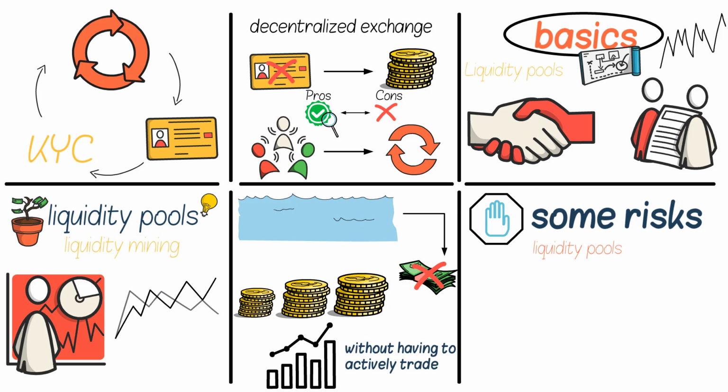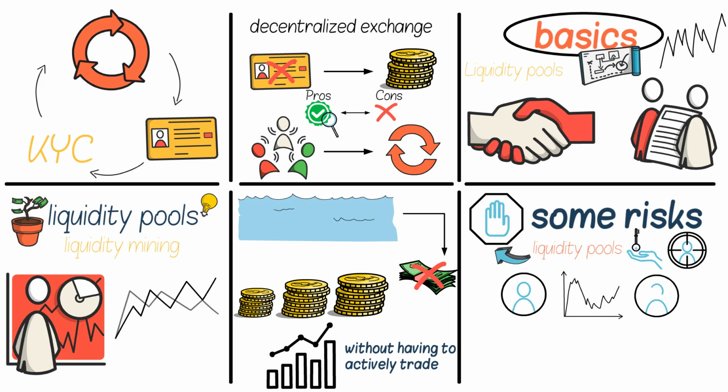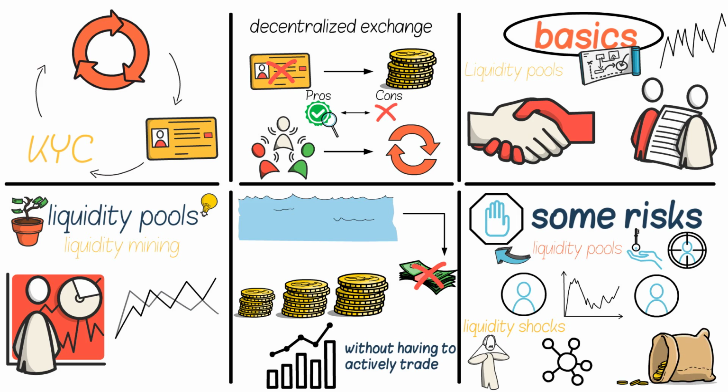The first risk is that the liquidity pools can be hacked. This is because liquidity pools usually hold a lot of assets, which makes them a target for hackers. Another risk is that liquidity pools can be subject to price manipulation. This is because the people who provide liquidity to the pool can trade with each other to manipulate the price. Lastly, liquidity pools can be subject to liquidity shocks. This is when the liquidity in the pool dries up, which can make it difficult to trade. These are just a few of the things you should know about the risks associated with liquidity pools.